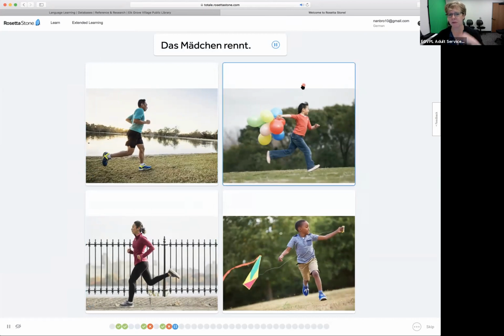Okay. Das Mädchen rennt. So now we're moving on to other verbs, other than eating and drinking. Now we're moving on to running. And let me see, you can click on this,